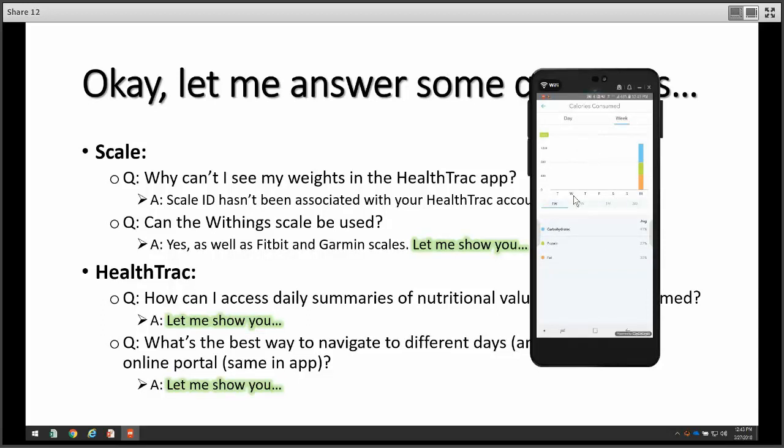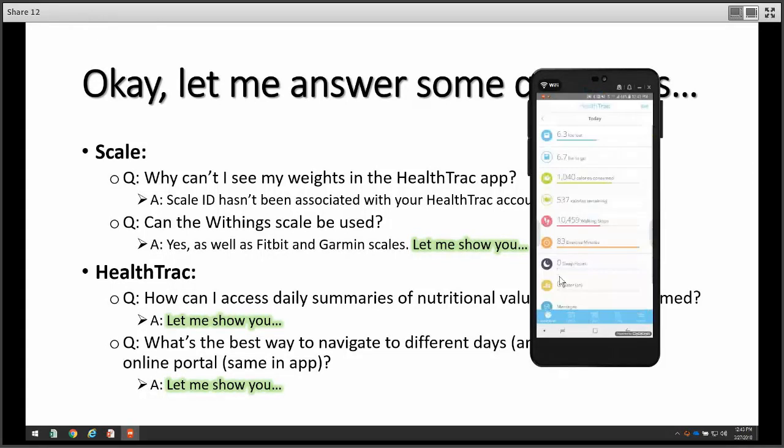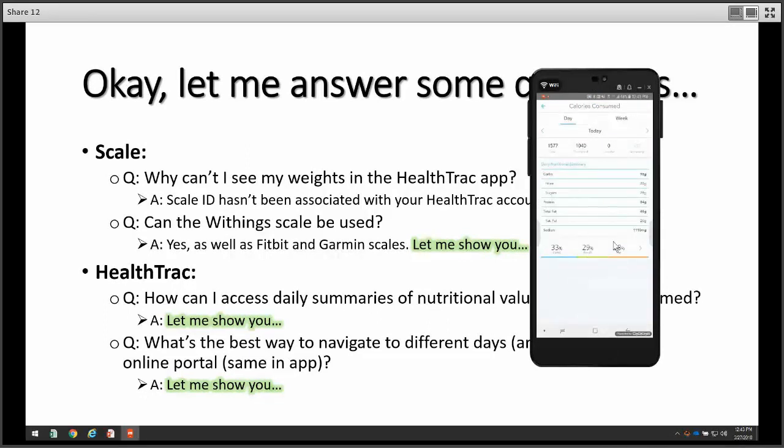Now it defaults to the 1-day view, but I can also click on the week view here, and it will zoom out and show me what my calorie intake has looked like over the course of the week. You can see I actually haven't been recording prior to yesterday. And then you can zoom out even further to 2 weeks or 1 month or 3 months, and you can see that information there.